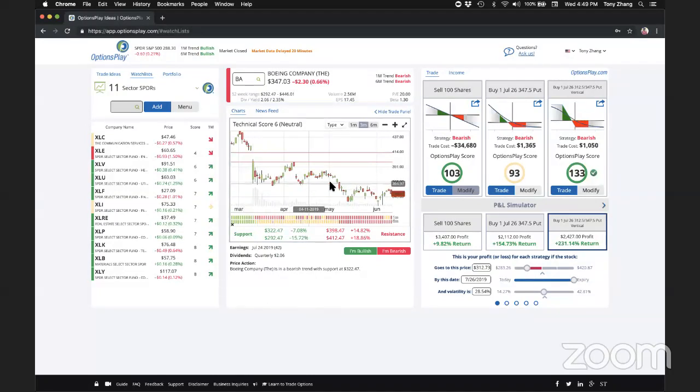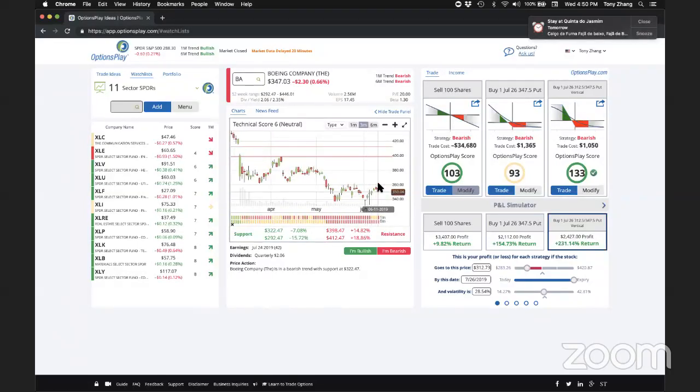March and April, and finally cracked below that in early May. It tried to break back to around that 362, 365 level multiple times and got rejected, and looks like it's getting rejected there again. So this is purely based on a price action thought process that I have a bearish view